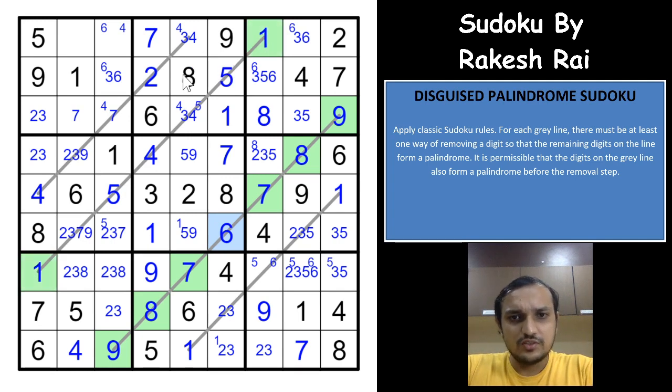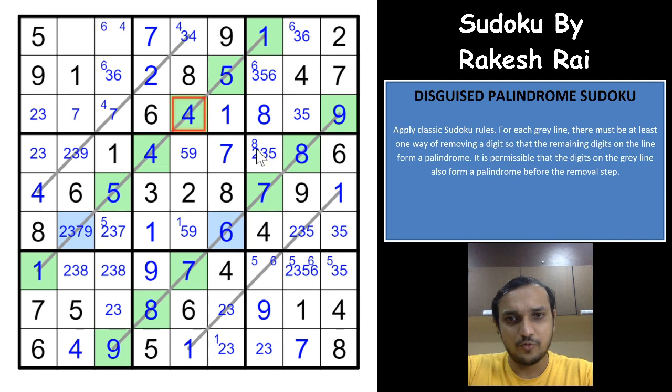If this is the disguised one, you need to have one more 5. Not possible. And if this is the disguised one, you need to have one more 5 for the other 5. Both of these are correct, right? And now if you see here, this cell is a disguised one because the second cell from this cell is the second from this cell. So this is the third cell. For the 5, this is the third cell. So this is the disguised one. Both of these are correct, and this would have to be a 4.